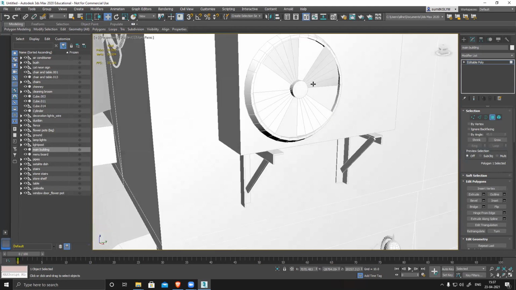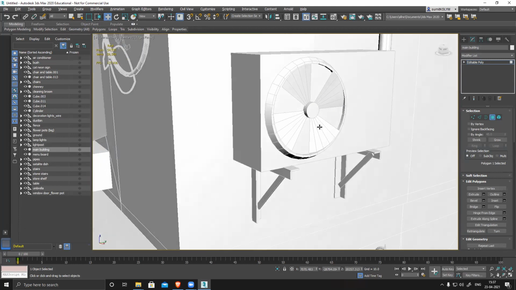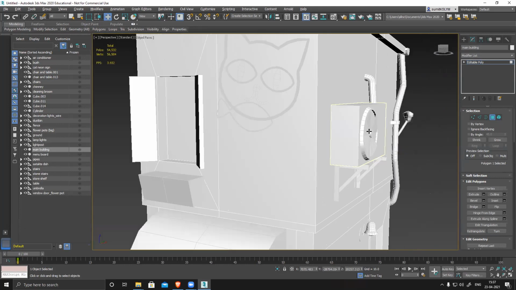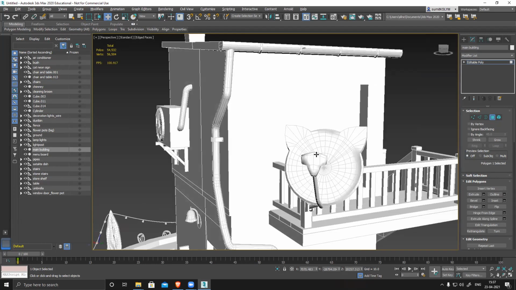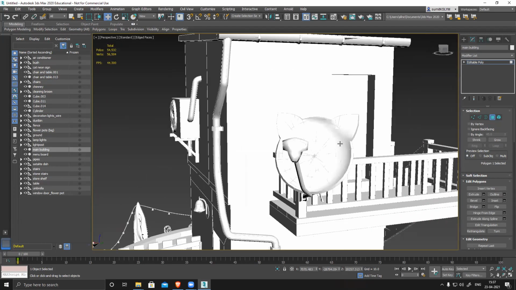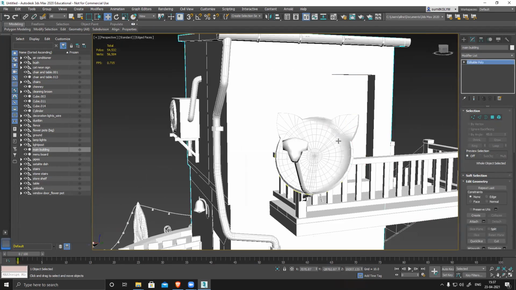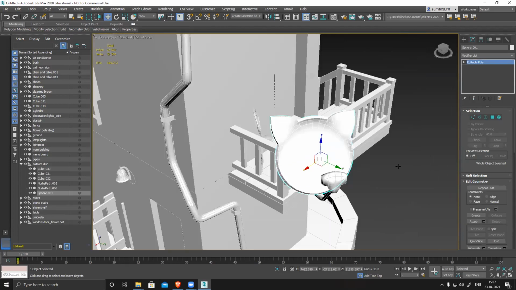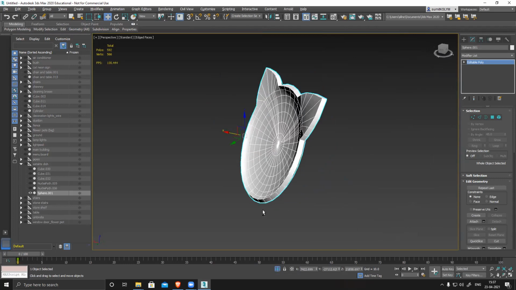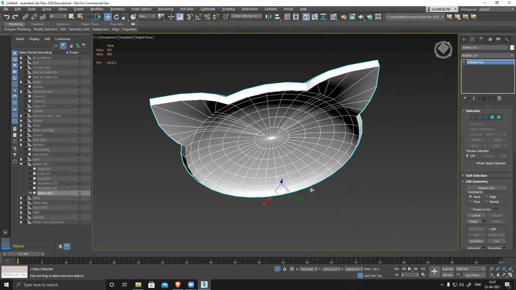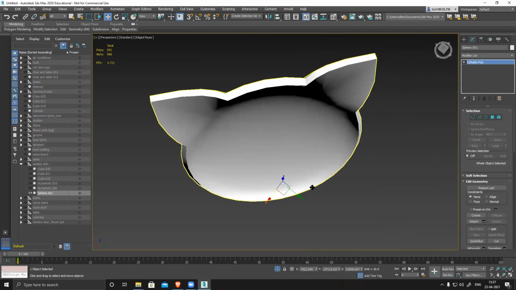Oh, you have created the blade also. Okay. Yes, sir. I haven't created this. I was planning to do it in texture. Okay, this looks fine. My only concern is this is way too dense.